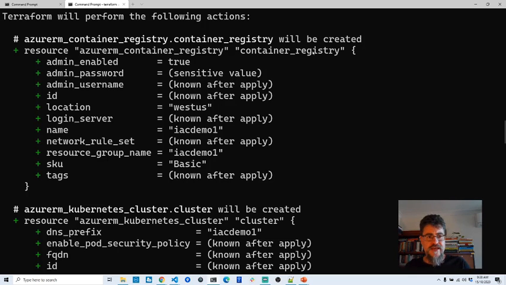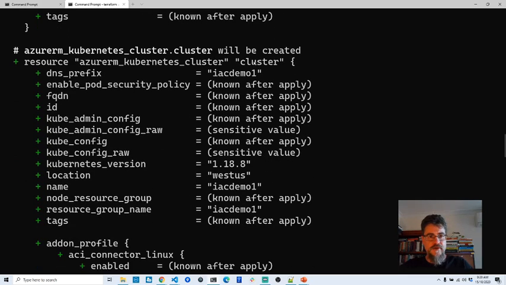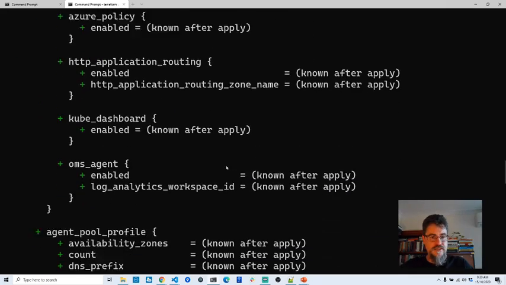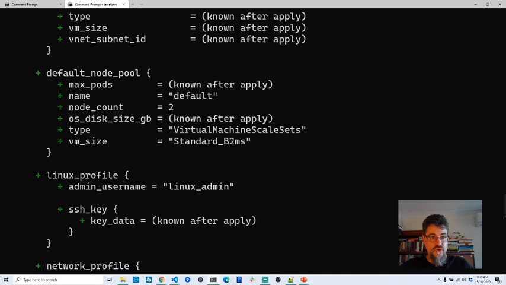We're not making use of that in today's demo, but it is part of example 2, which I might do later in another live stream. So these are all the details here for the container registry. You can see here it's creating a Kubernetes cluster, and we've got all the configuration here for the Kubernetes cluster, which version we're using. You can see down here we've got two nodes, so 2 virtual machines in this cluster,